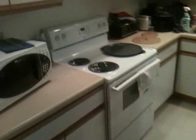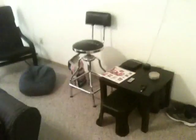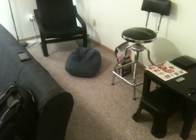So anyway, there's the kitchen. I just made a pizza. That's why that's there. Three dishes. That's my computer on my table. That's the couch. I had the couch over there, but I brought back